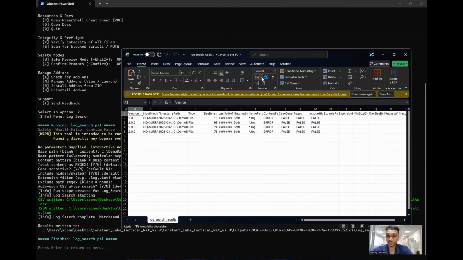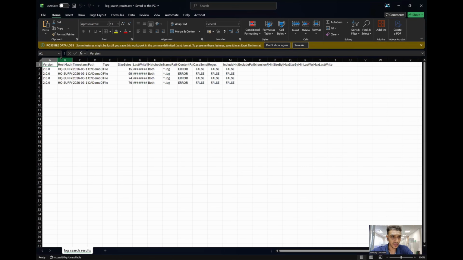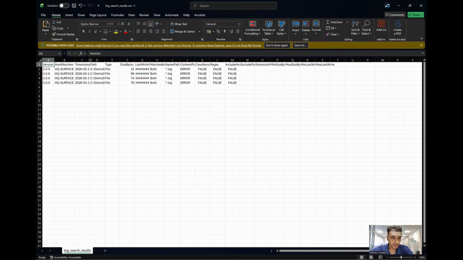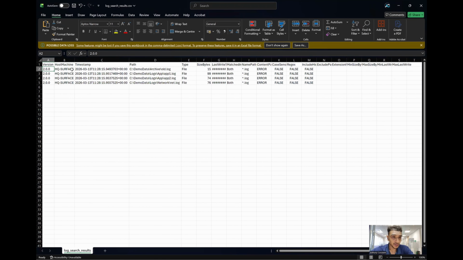As you can see, the spreadsheet opens immediately. And we have different fields containing version, host machine, timestamp, path, etc. The version is referring to the version of the tactical kit itself. The host machine is actually referring to the name of your device. The timestamp is the timestamp at the time the search is run. And we have the path and the file size of the file, and also the word we're looking for